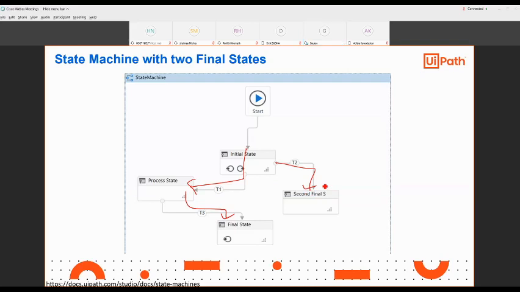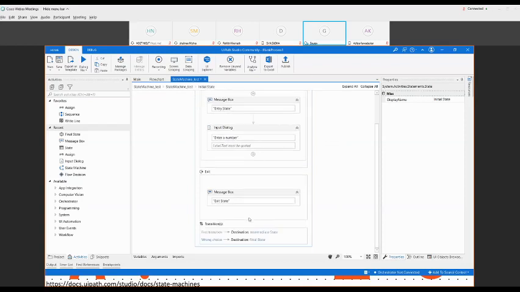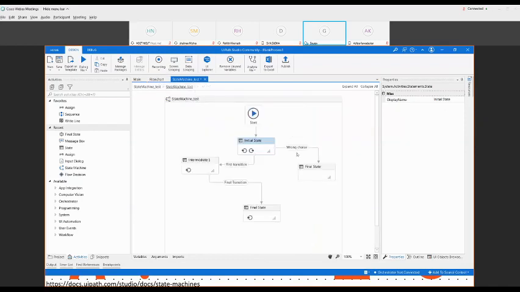I can also show a demo of this one. If you are asking for one more final state, I am going to choose one final state. I am putting this wrong choice transition to here. You can see this changes the wrong choice to the final state. I can change the name also. There is no confusion.